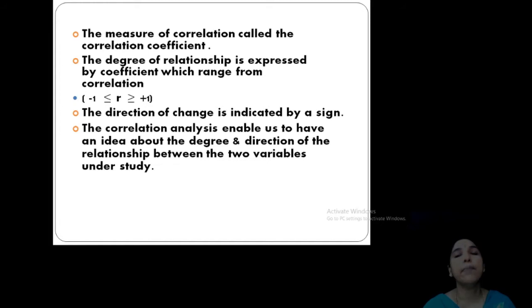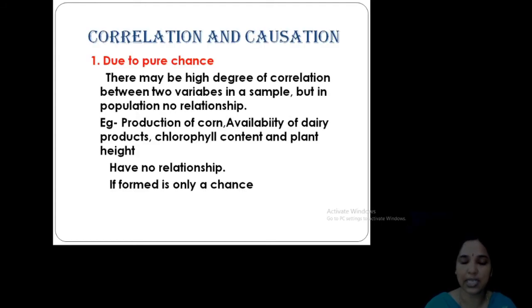Now, the measure of correlation. Statistically, you can measure correlation by an equation, the correlation coefficient. The degree of relationship here is expressed in the form of a coefficient, that is, the correlation coefficient. That we will discuss later. Now, why is this relationship or correlation expressed? What is causing it? That is the causation of correlation. There are different reasons. The first one is pure chance.